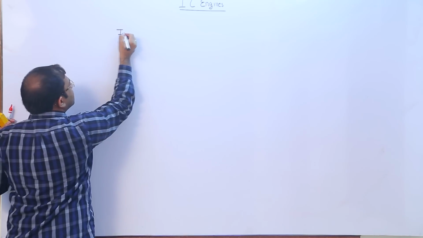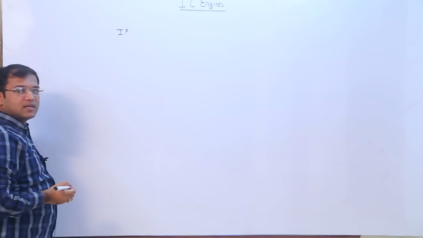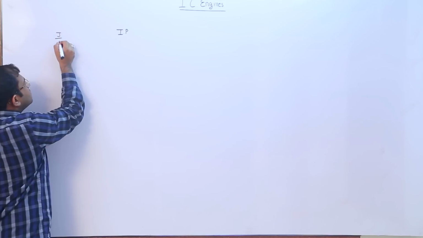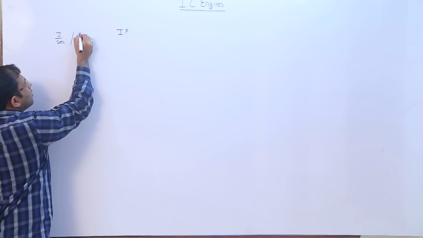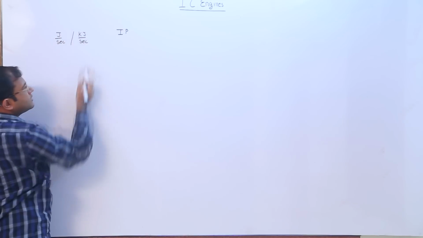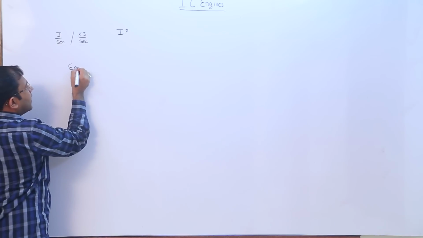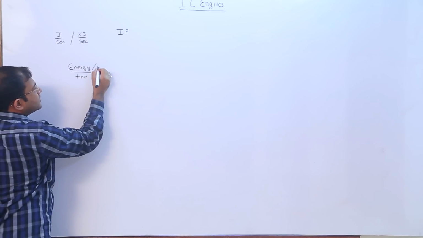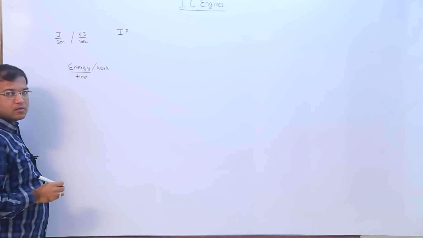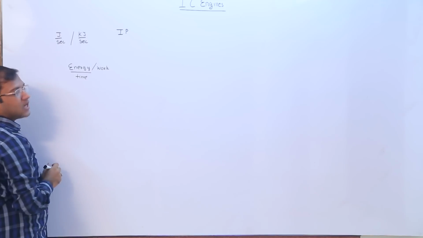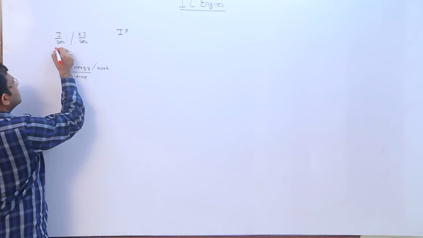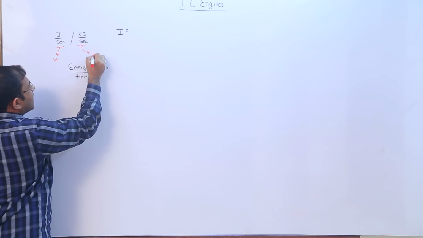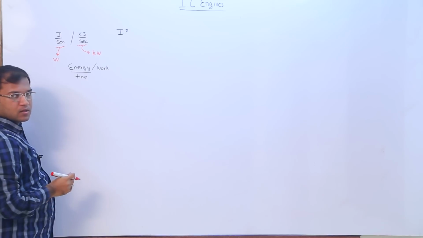Now see students, your indicated power, first of all we must understand what is the unit of power. See, either it is expressed in joules per second or your kilojoule per second. That means your energy upon time, and here energy is in the form of work. Is it okay? So work upon time becomes our power. See, joule per second simply can be written as our watt, and kilojoule per second can be simply written as kilowatt. Is it okay? Fine.